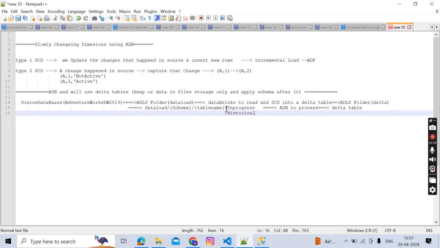So we'll implement this kind of folder structure first, right? And again, we'll need one more ADLS account for holding this delta table, which we'll name delta, right? So that will be, no, it will be before this, it will not be inside data load. It's a separate